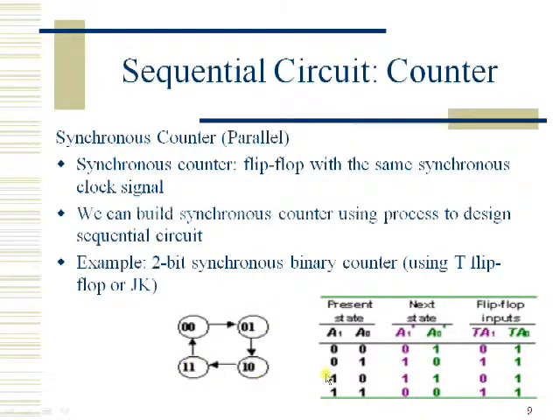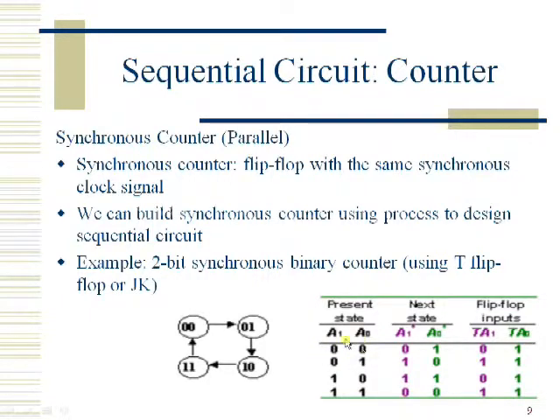Now let us draw a functional table for this, which contains present state, next state, and then flip-flop inputs. Present state, as I told you, assuming that the initial state is 0 0, this becomes the present state. And the next state for this 0 0 is 0 1, which is represented with a plus symbol. And then flip-flop inputs. What kind of flip-flop are we using for designing this synchronous counter? Initially we have to write all the states, that is 0 0, 0 1, 1 0 and 1 1.